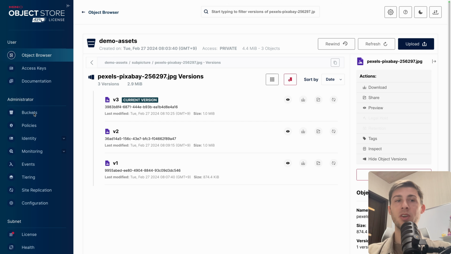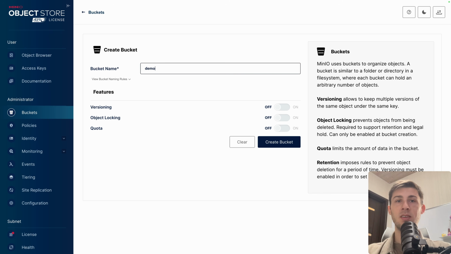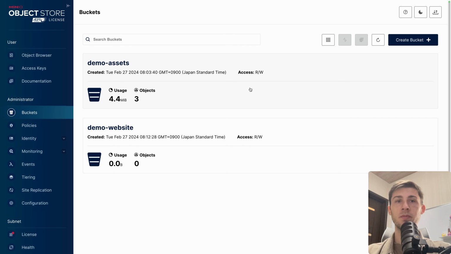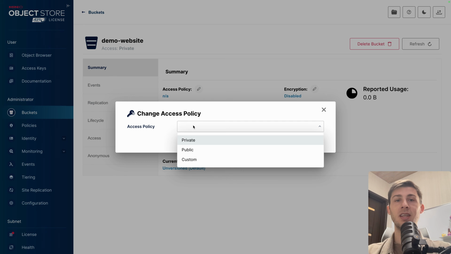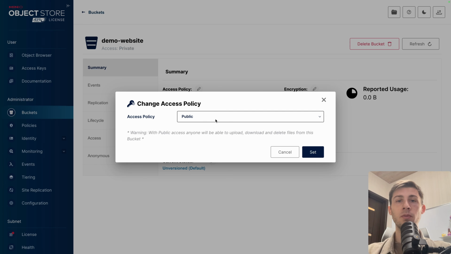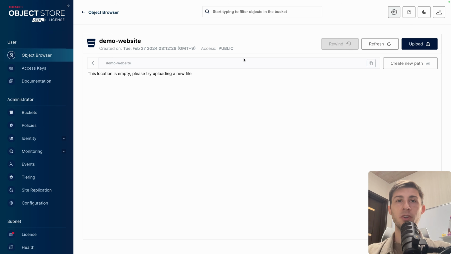But let's create another bucket to host a website. So let's create it, name it demo website, and create bucket. Go to demo website. And this time we want it to be public, so it's accessible because it's hosting a static website. So access policy, we can edit. By default, it's private, but we can make it public or even custom if we want to define specific rules. We will see it later. So public, set,